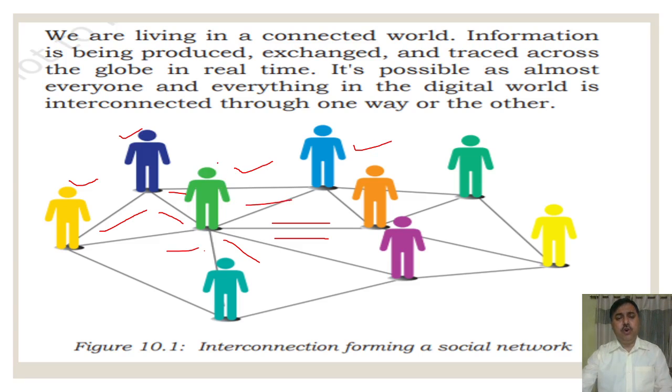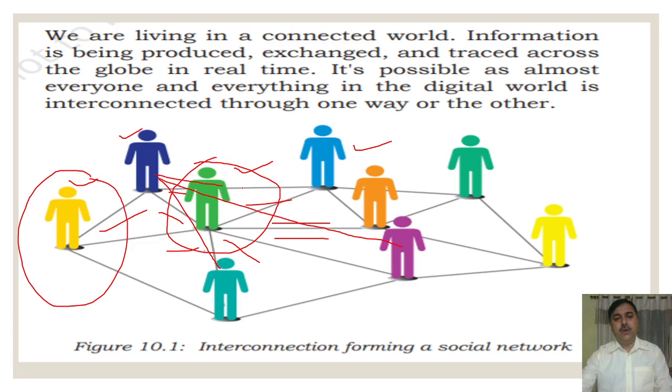If you switch off any of the persons from there, suppose you switch off this person, or this person, it doesn't mean that you cannot do the connectivity process. Skipping this person, the line will go directly from here to here, from here to here. So this is how we can make different patterns of connectivity.